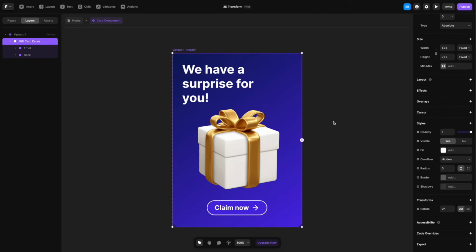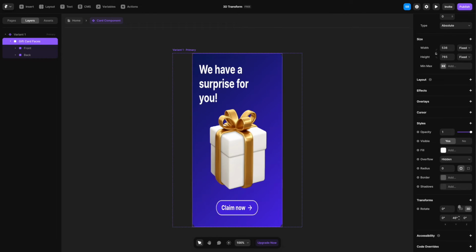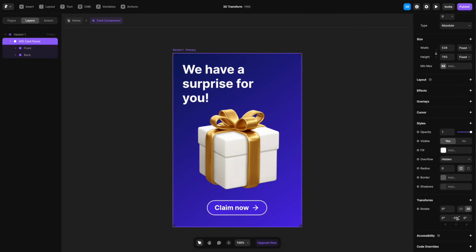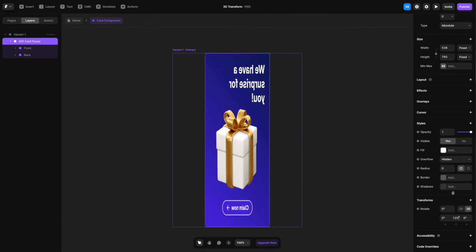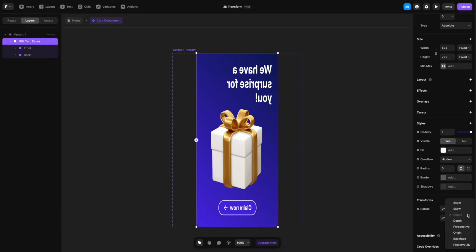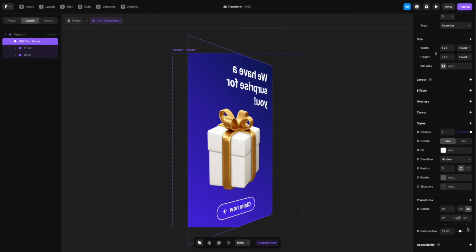Now we're going to go to our parent frame here, which is our gift card faces. And here I'm going to add the first transform, the 3D transform, which is going to be rotate. So I'm going to go to rotate and turn the toggle to 3D. And here I'm going to change the y-axis to ensure there's this 3D rotation. However, you'll see that it is flipping the card, but that 3D perspective is missing. So to add that perspective, we'll have to go to add and then add the option perspective here. And now you'll see there's this vanishing point, and it gives a proper 3D feel.